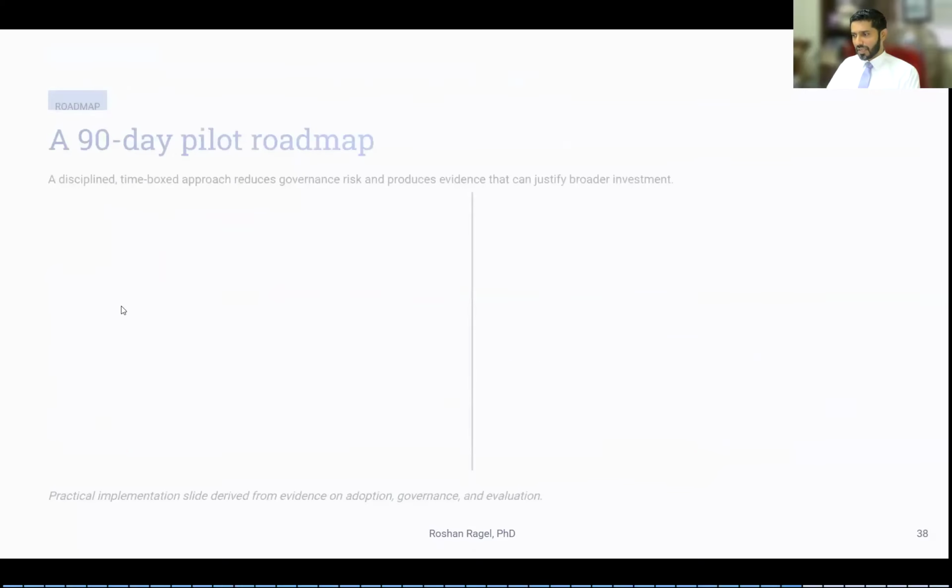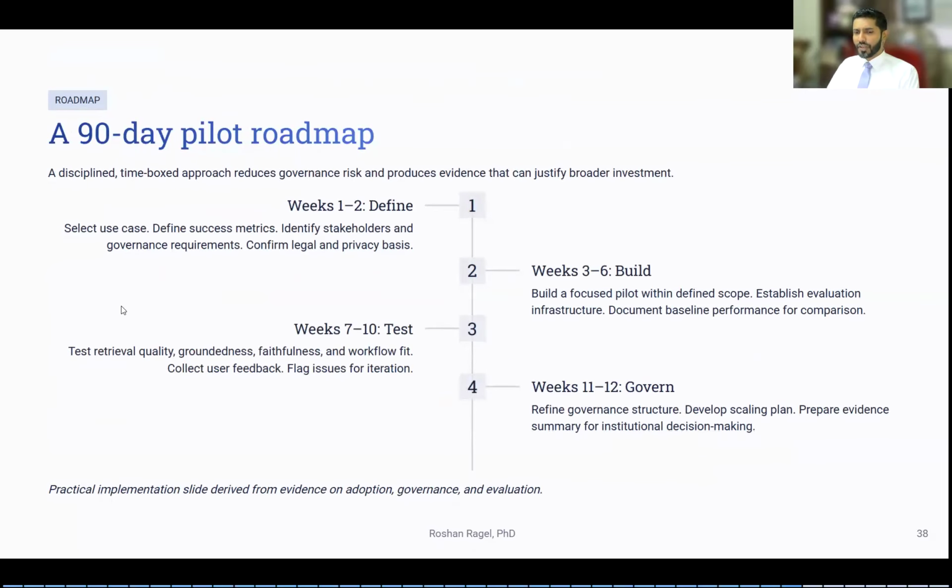So these are places where we can start. In short, in 3 months it's possible to set up something like this, but this is just a pilot. If you want to take it forward and make sure it runs, it takes longer. You can define what is needed and build it, or get it from a vendor and test it. And then we have to come up with the governance structure and take it forward from there.